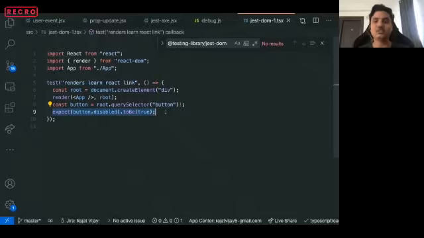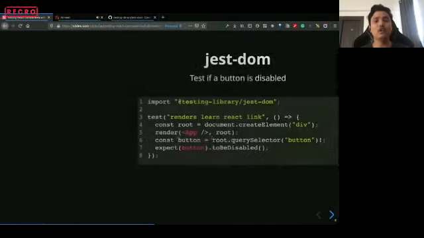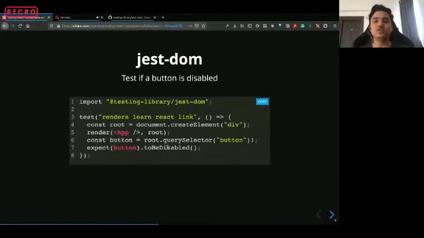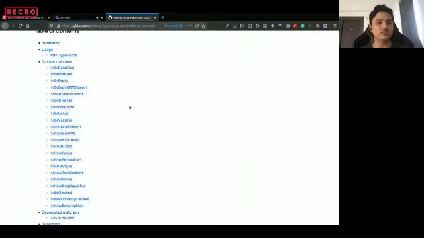What this line does is you're actually testing for the disabled to be true, but this is a lot of code that you have to write every time for testing anything to be disabled. You can test a button to be disabled. You can test an input component to be disabled. You can test a full form to be disabled. What Jest DOM provides you is this function called toBeDisabled that wraps all of this logic inside it. Jest DOM has other utilities too. For example, it has toBeDisabled, toBeEnabled, toBeEmpty, toBeEmptyDOMElement, and all of these things.